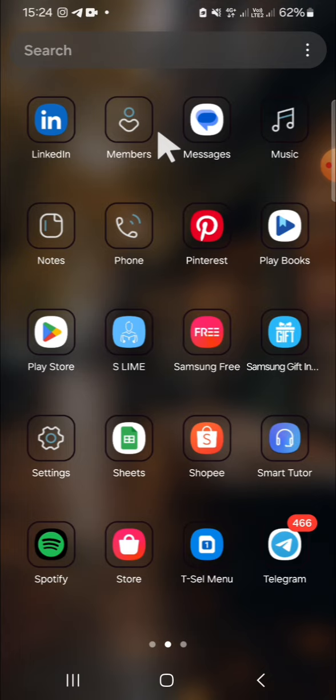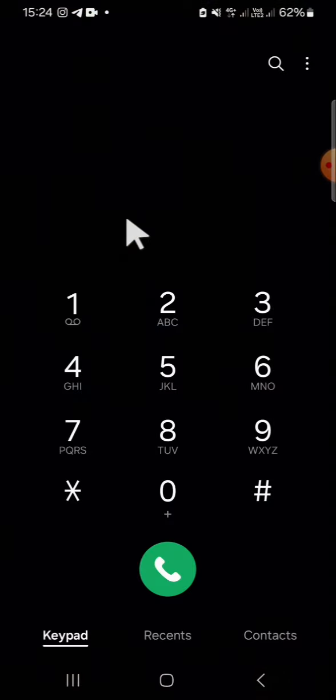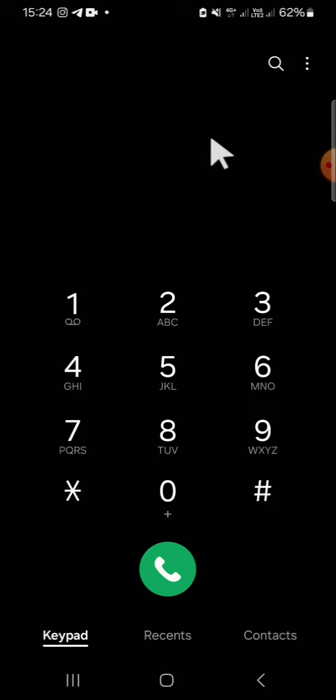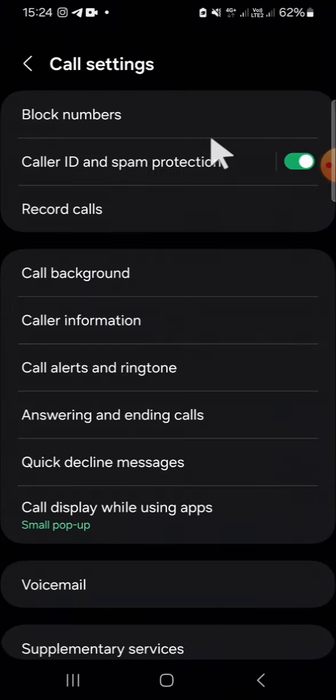Here I have opened my Android phone, and first of all we have to open the phone application, and here we can go to the settings. We can click on these three dots, then open the settings. Okay, and here we can select the block numbers to see the list of the phone numbers we have blocked